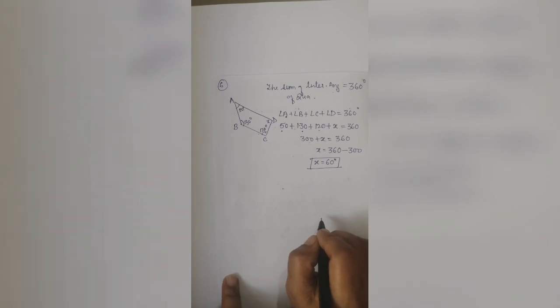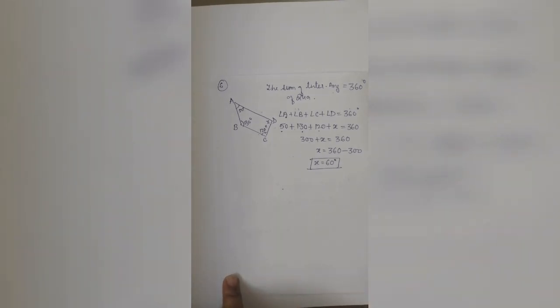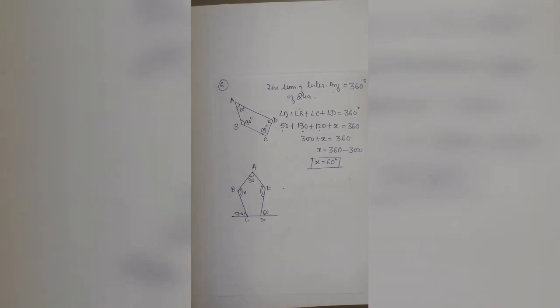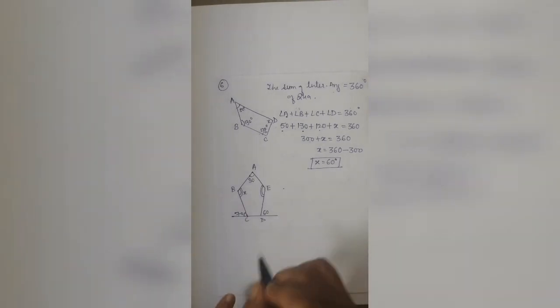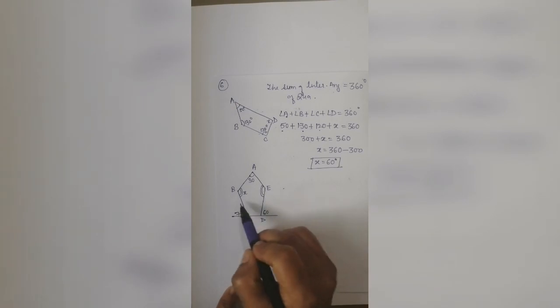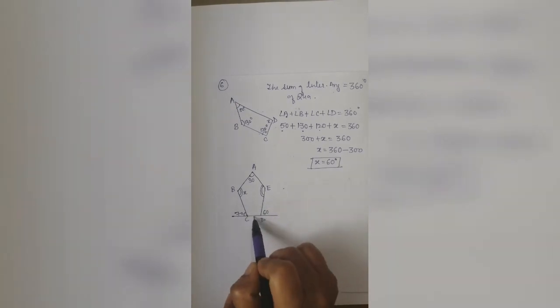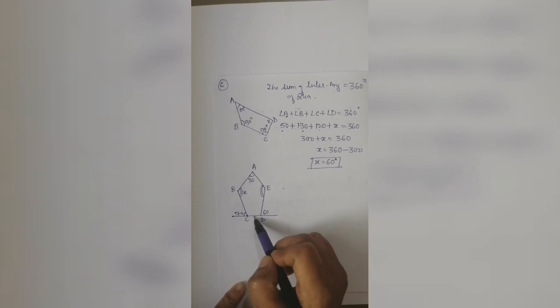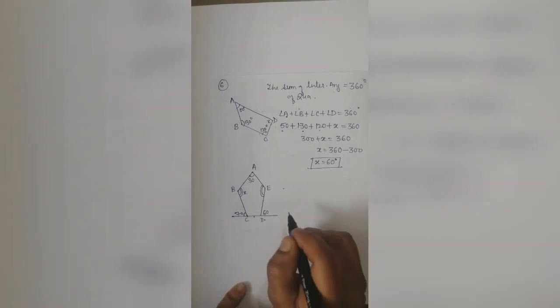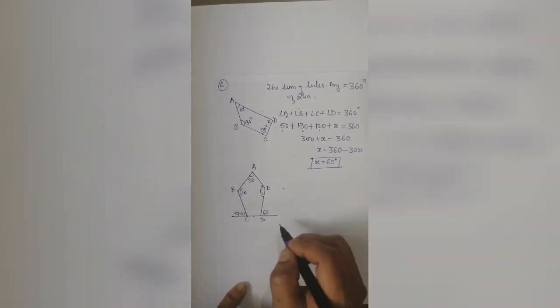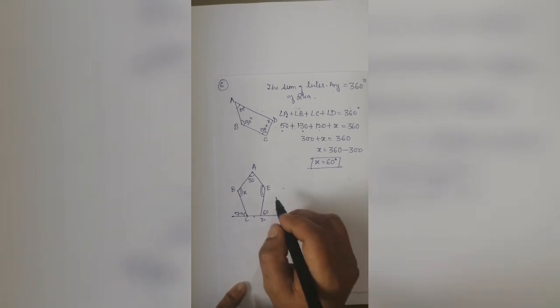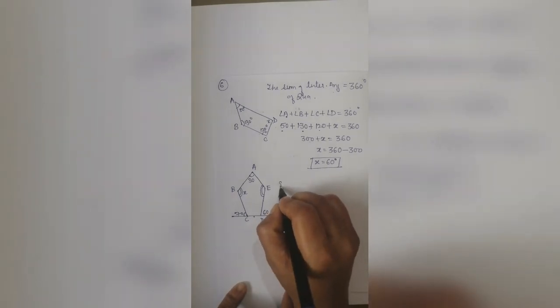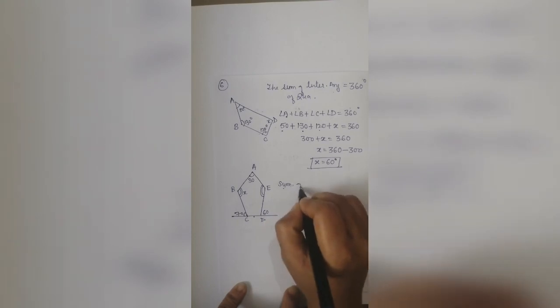This way you are going to find out the answers for this. Okay. Now in this figure, this is 5-sided: 1, 2, 3, 4, 5. That means it is the pentagon. Now here, do you know the interior angle sum of the pentagon? The sum of the interior angles of the pentagon.